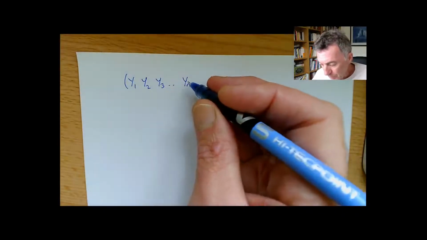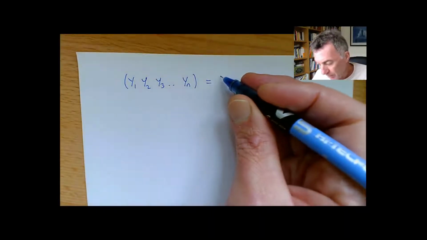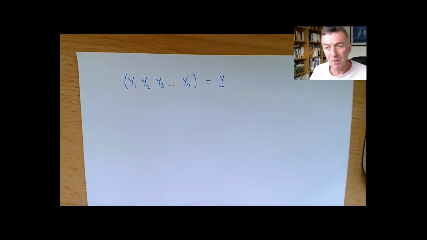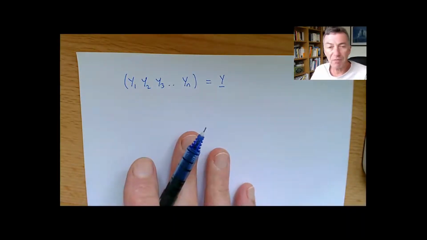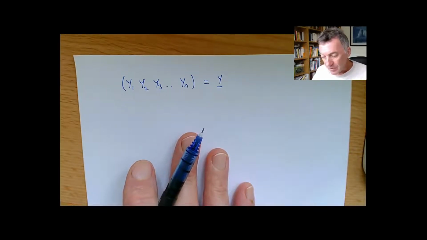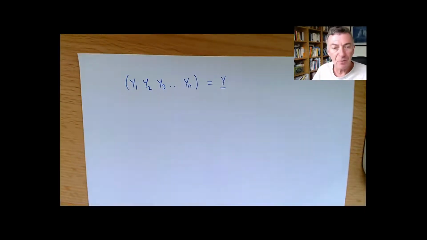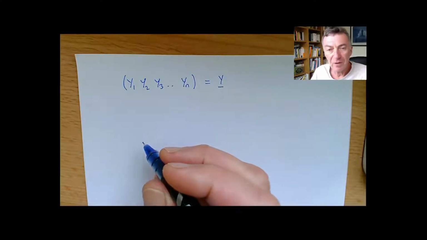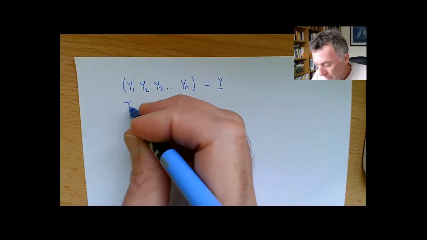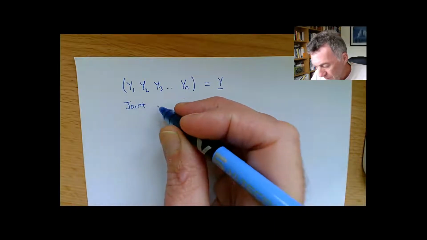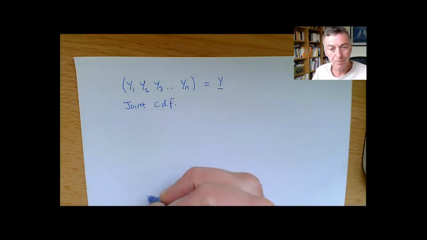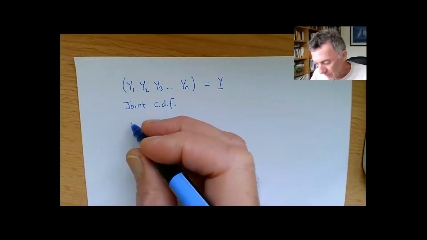And we can put those y, if you like, into a vector. Let's call it big Y vector. And that's the vector of all these random variables. So how do we do a distribution on that? So what we can do is we can think about the joint cumulative distribution function, and so that is